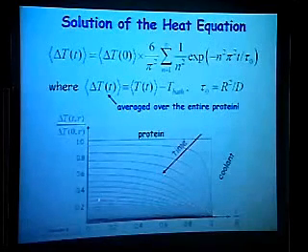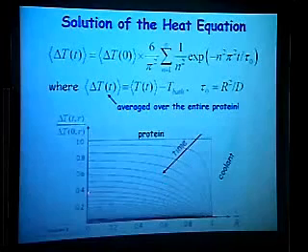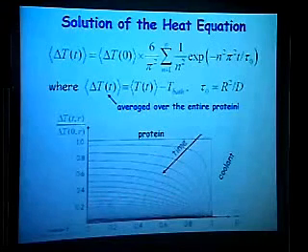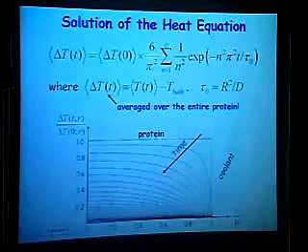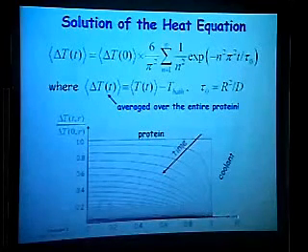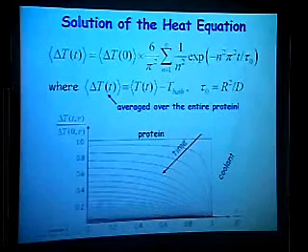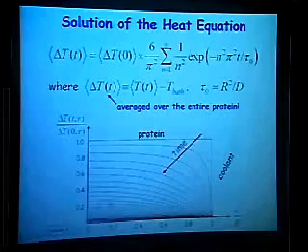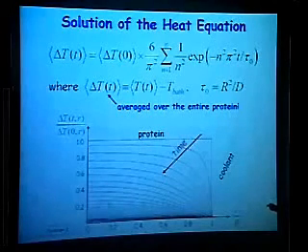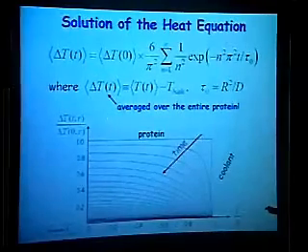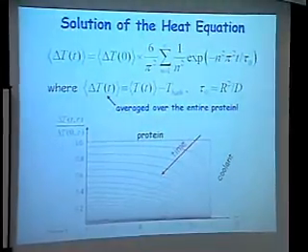So, if you are happy with the idea that this curve here can be approximated with a constant temperature, with a horizontal line, so you have constant temperature which drops down to 0 outside the sphere, then this approximation is okay. If not, then this is the approximation we are going to use. Even in molecular dynamics, we are going to calculate the temperature of the entire protein. But you can do more than that.